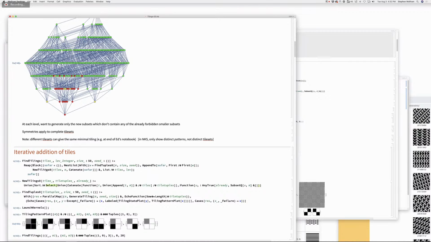Do you understand what this is doing here? Do you understand this? New tiling 0. Yeah, new tiling 0. Okay, here's what's happening. This is finding the tiles that